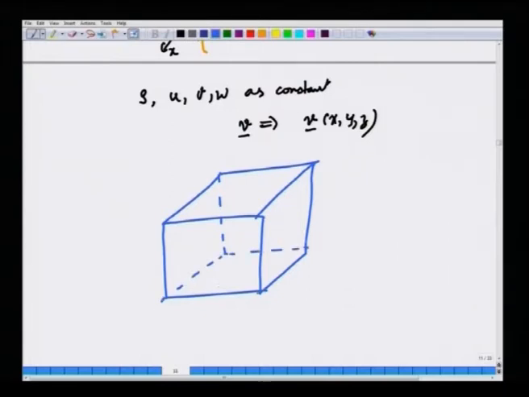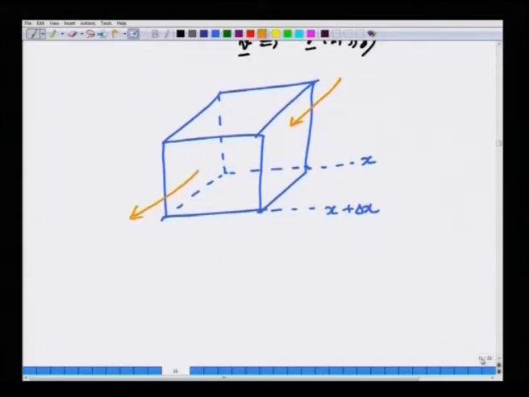Okay, this is x, this is x plus delta x. Let us assume that fluid is coming in at x and going out at x plus delta x. That is the picture we have. Of course, the fluid may come this way and go that way, that does not matter,